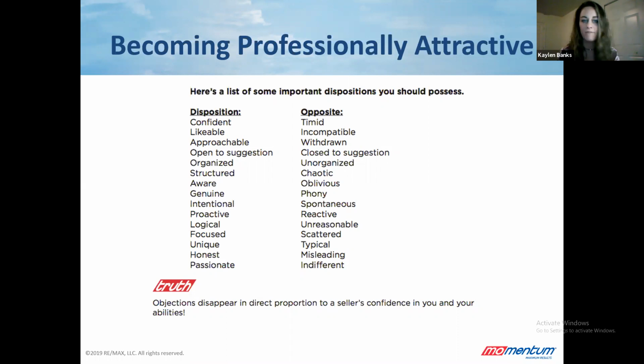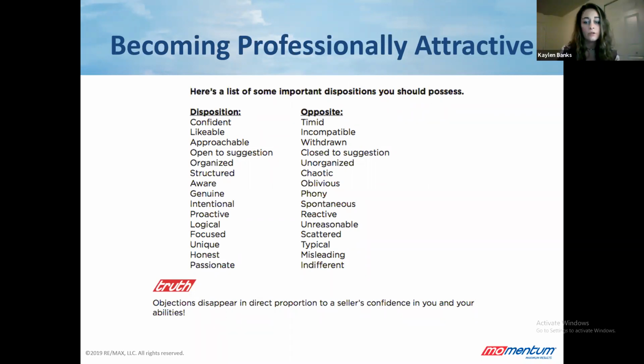Why do we want to be confident? No one wants to work with someone if they don't think they know what they're doing. Absolutely. Exactly right. If you're going to overcome objections, they're hiring you to help them. So if you're not confident, and if you want me to drop my commission right now, how do you think I'm going to negotiate for you? I absolutely believe in what my fee is, and I'm going to go to battle for you. But if I drop right now, just imagine what I'm going to do when that offer comes in. If someone's willing to do it for 5% for you, I bet if you get an offer, they'll say, oh, they'll take less. Do you want that? Because I don't think you do.